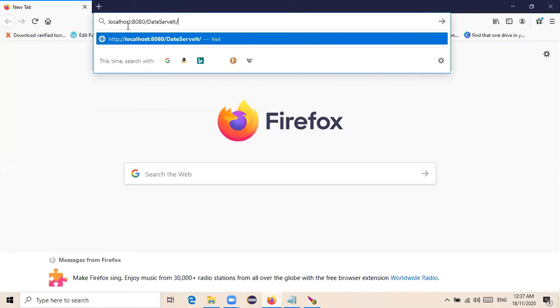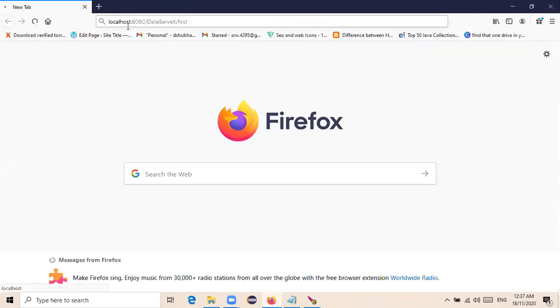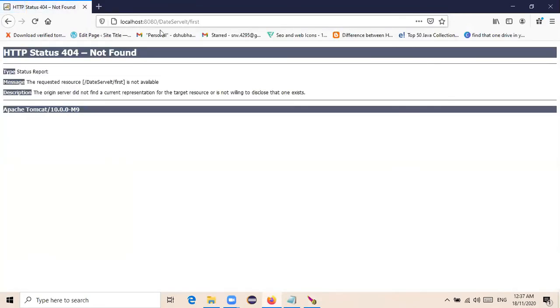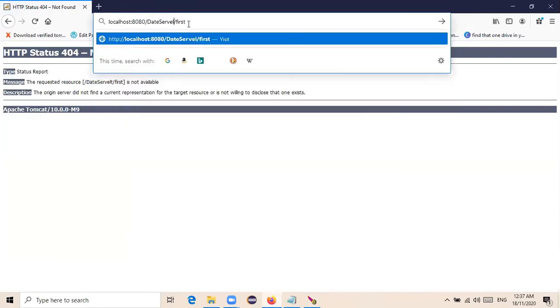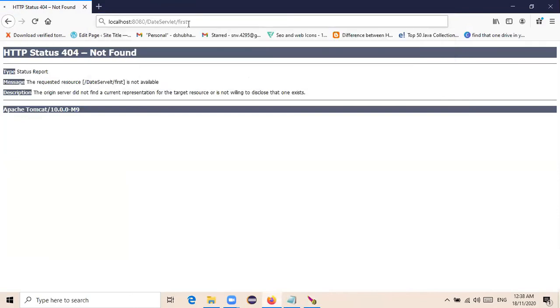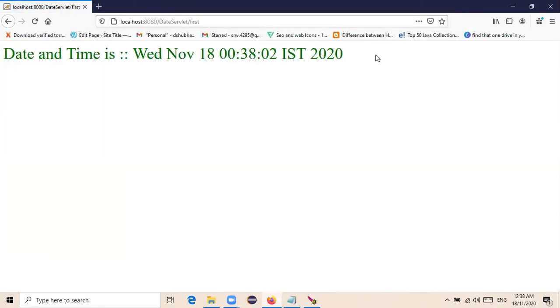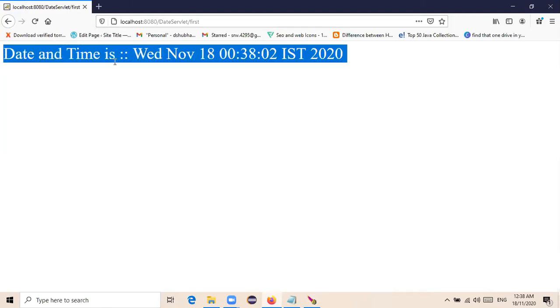Here I have not configured any welcome file, so I'm passing the URL of the servlet class, DateServlet. The spelling is incorrect here, Servlet. Now you can see that your application is perfectly deployed in your Apache Tomcat web server, and it is running exactly fine.